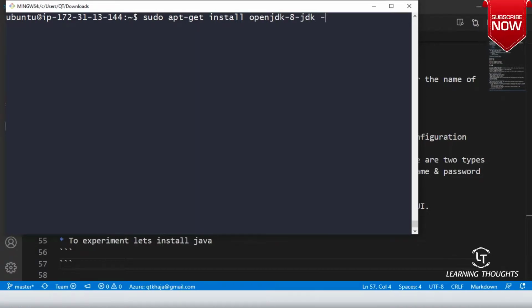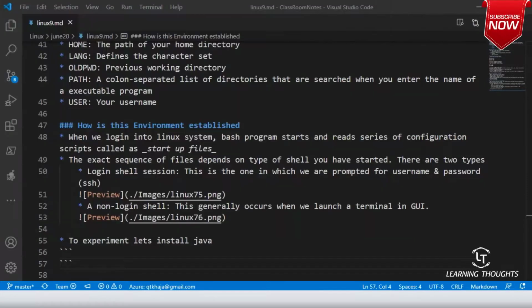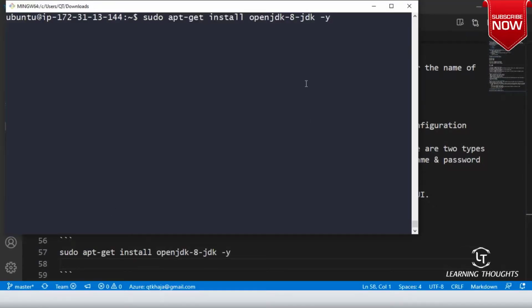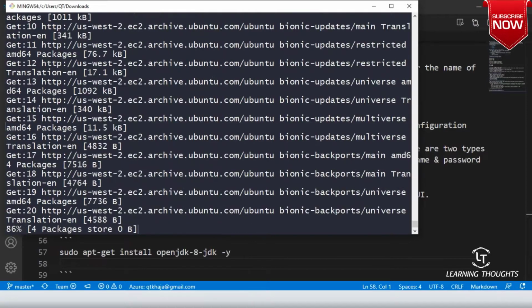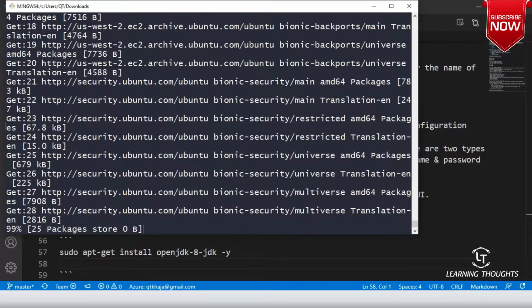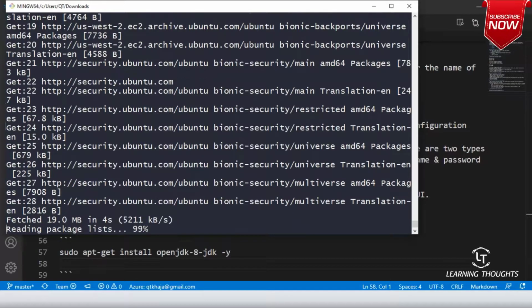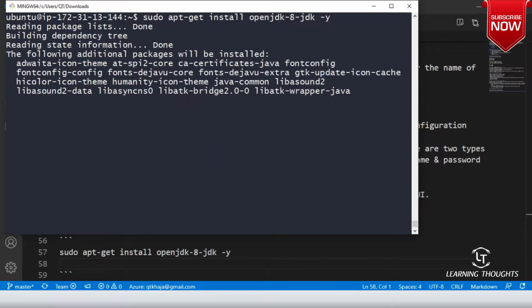Don't worry about that command for now, even if you remember it, I am okay with this. This is the command on Ubuntu. I have to do one more thing before this: sudo apt-get update. Now let me install this.